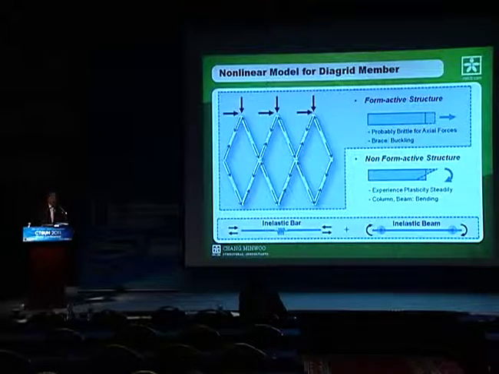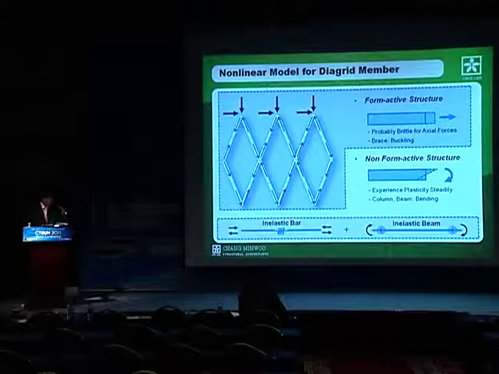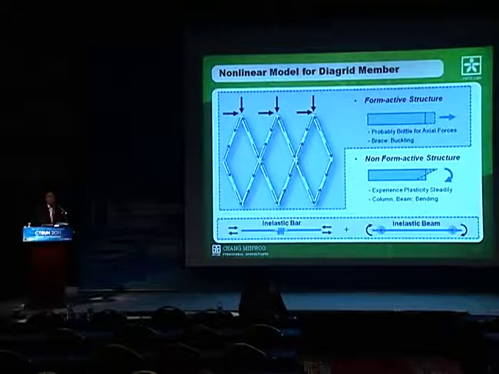The member is mainly axial forces rather than bending or shear. It's usually classified as a form-active structure, which is differentiated from a non-form-active structure, such as a beam. However, we add a beam element to capture bending deformation, which occurs frequently in the lower axial forces. So that means when you check the